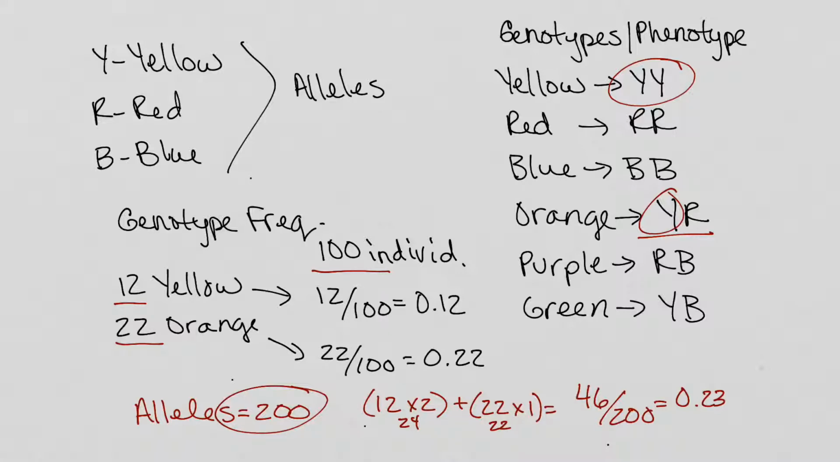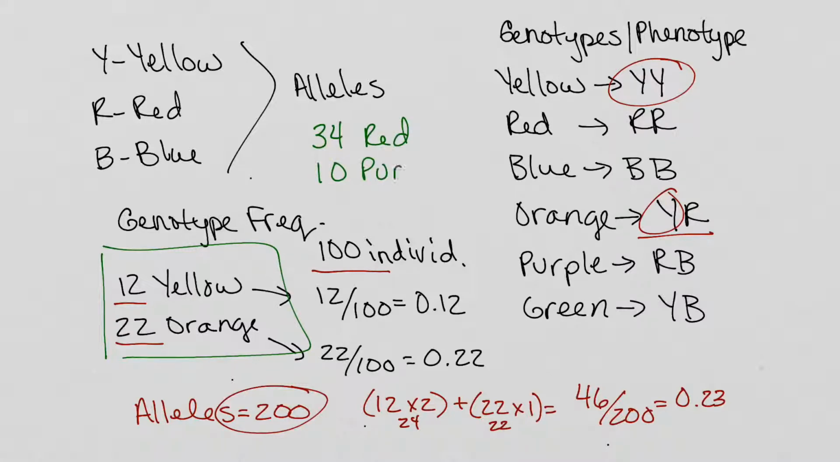You would go through and do the same thing for the red alleles if we wanted to figure them out. So just to give us another scenario to work through real quickly, suppose in the same population, I've already given you these numbers, but suppose that we've got 34 that are red, and maybe I've got 10 purple. Okay, so if we want to figure out the frequency of the red allele,